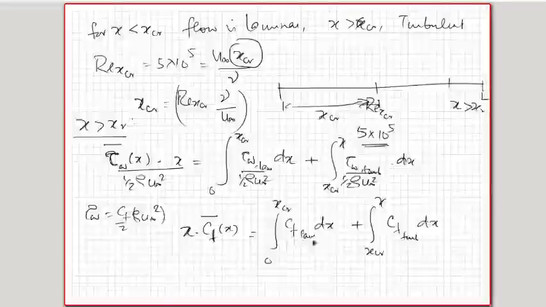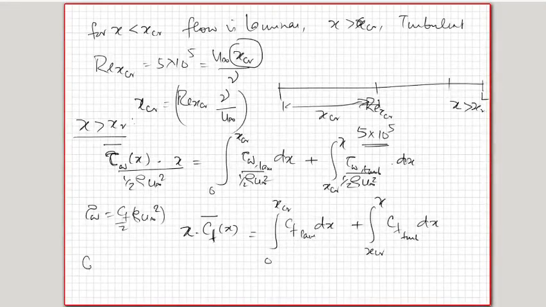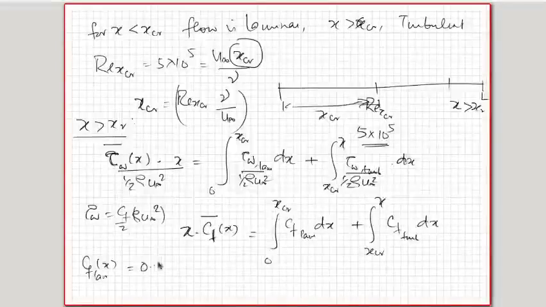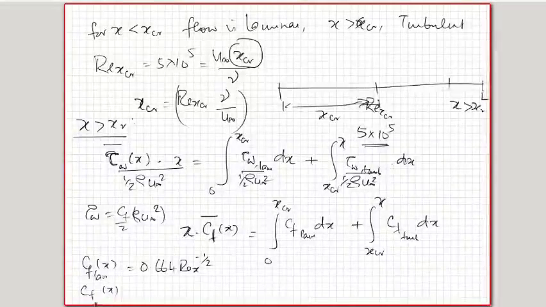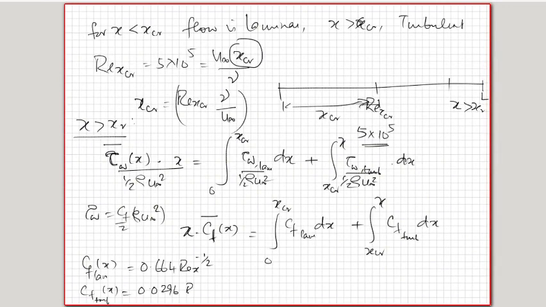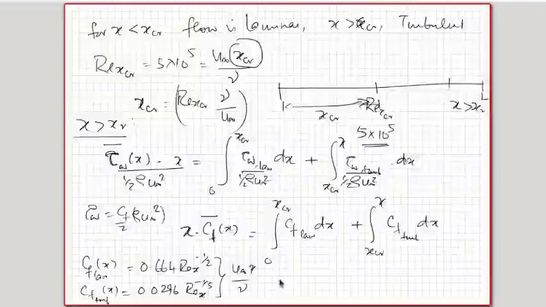Okay, so now look at the expression for this Cf laminar at any x. Cf of x laminar is given by 0.664 into Re x to the power of minus half, and Cf x turbulent is equal to 0.0296 into Re x to the power of minus 1 by 5. Now, what is this Re x? This Re x is nothing but u infinity into x by nu. So in this case, x is the only variable which has to be integrated. The u infinity by nu will be a constant that would come out. So basically, what you will get is